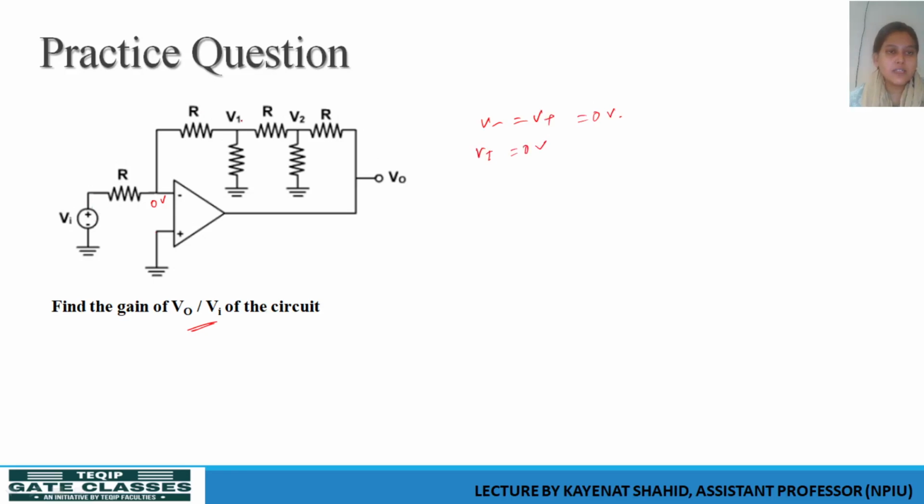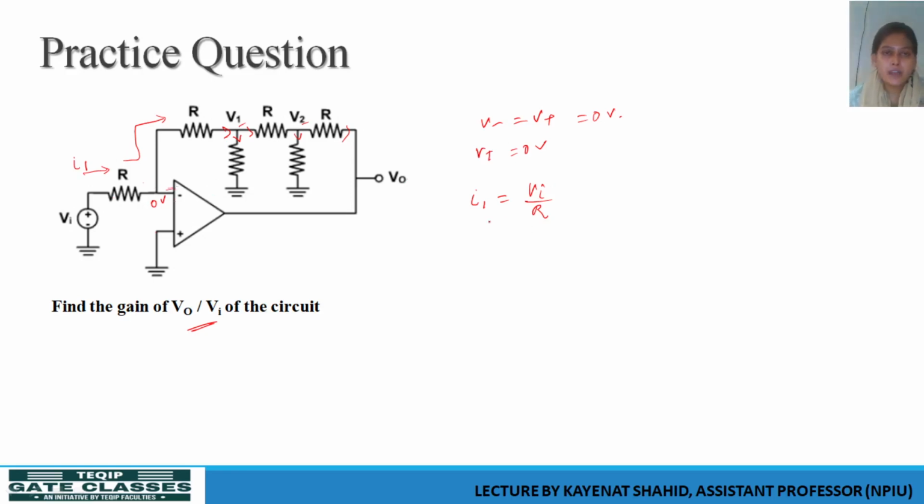So if we just find out the relation, then these are node voltages, two voltages, we can see all the resistances are equal, and the current that is flowing in this path will be flowing here also. Okay, this can be one current, this can be one, this can be one, these are the parallel paths, right? So we can just try to solve what is this I1. So this I1 is nothing but VI by R, right? So this is the current. Why? Because there is no flow of current inside this terminal, so this can be VI by R.